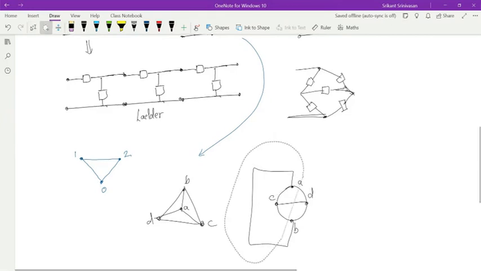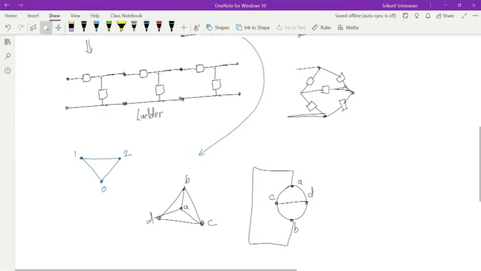A is connected to B. Okay, A is connected to B over here. A is connected to C. A is connected to C. And A is connected to D. A is connected to D. C is connected to D. So basically you see that there is the same set of connections. Okay, and A is connected to B from the outside. So these topological properties are very important because of the way you visualize networks, your mind registers certain shapes and properties.